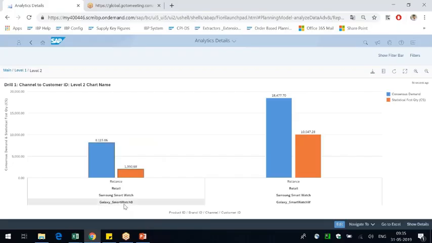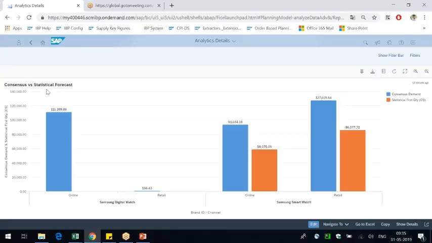It showed me different SKUs that are available: Galaxy Smartwatch B, Galaxy Smartwatch W. Then you see the detail views here. Now I click on main. This is how you can toggle between the levels. So you can go to the levels of, I think, 8 or 9. So you can actually create 8 different paths, and then you can toggle between your levels and see.